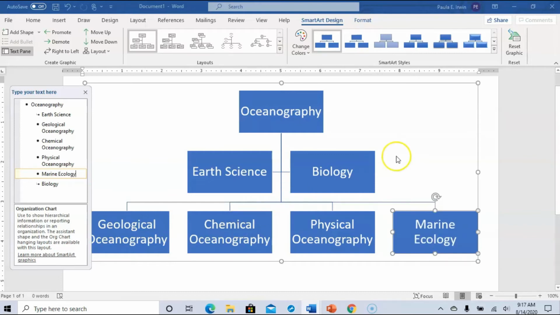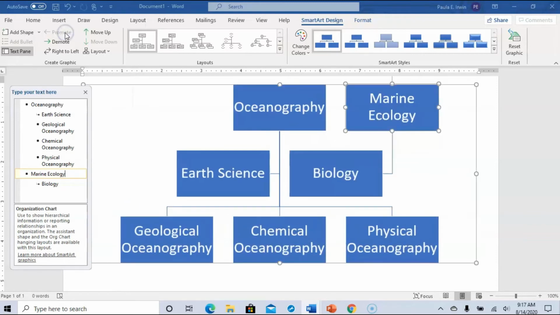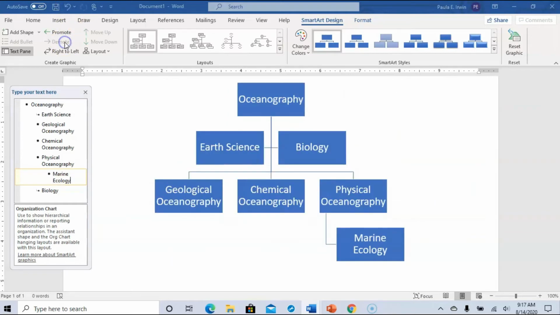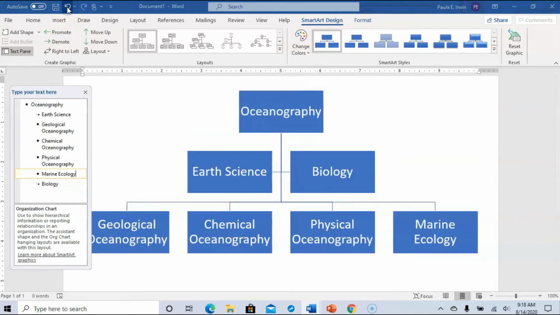All right. Now you can actually do some other things too, which is promoting and demoting shapes. And once again, you can play around with it. You can always undo anything that you don't like. So to promote it, actually, as you can see, moves it up. If you don't like that, you can demote it and put it down. Don't like that. All right, another way to do it over here in the task pane, do everything pretty much in both places. The tab button actually